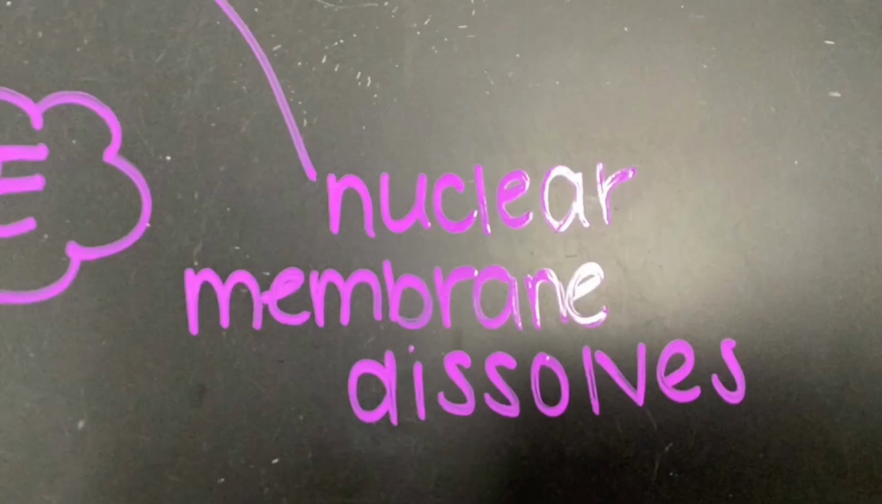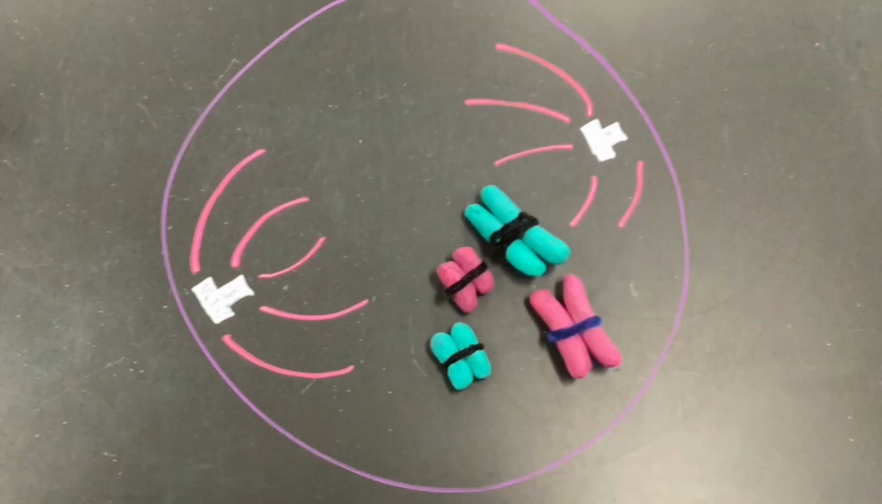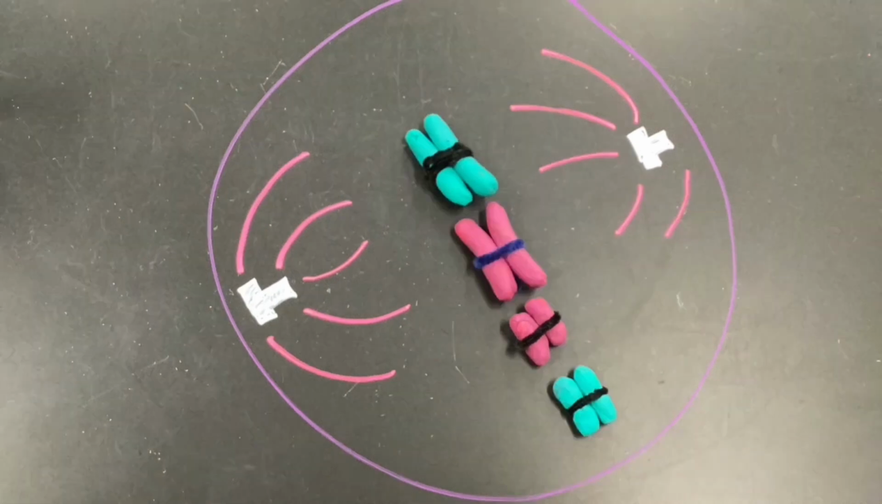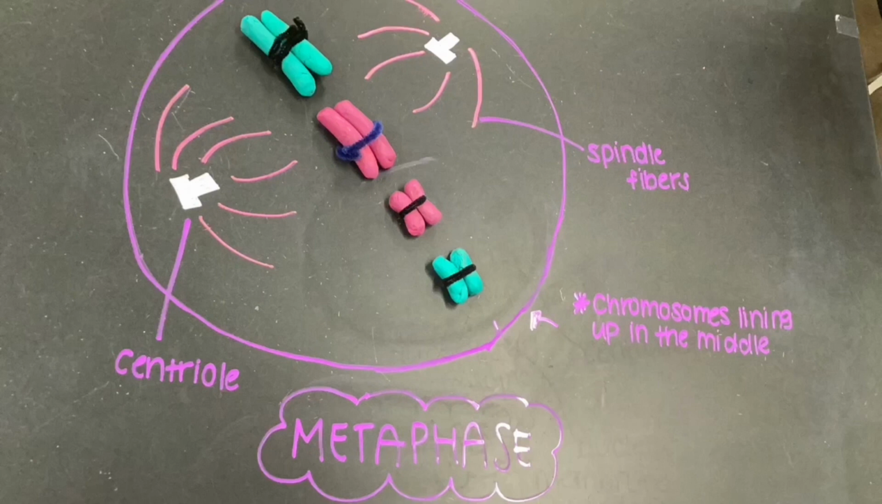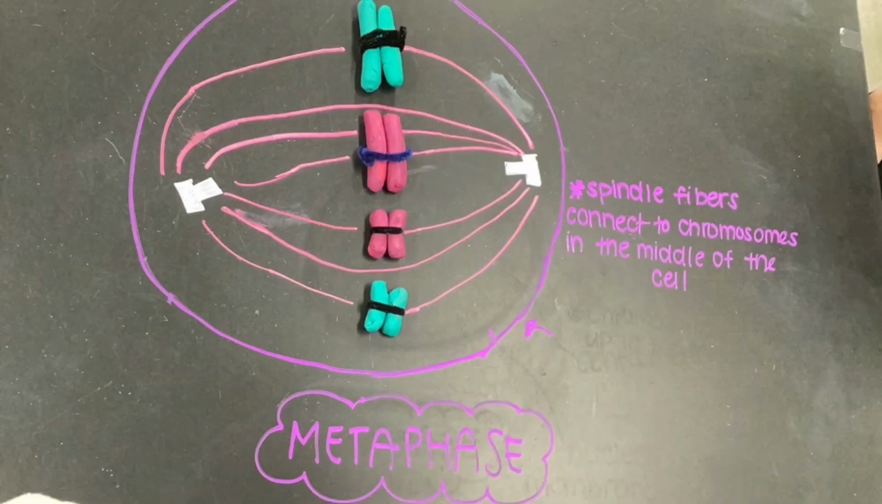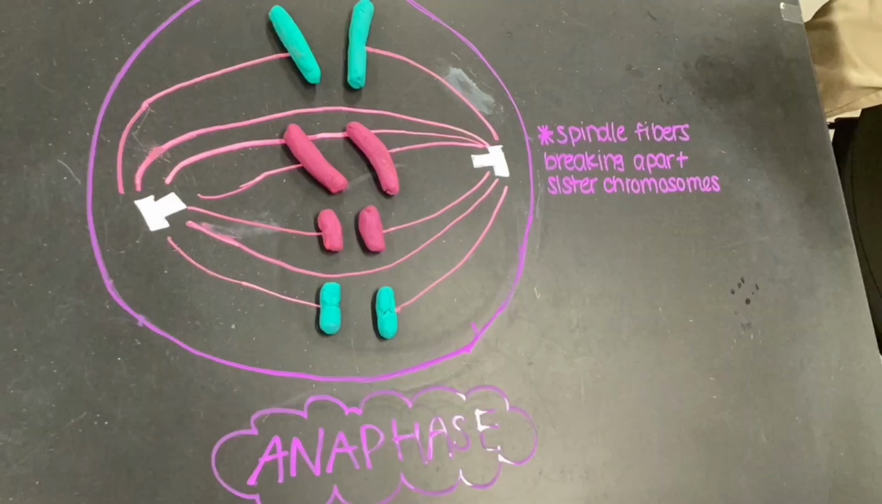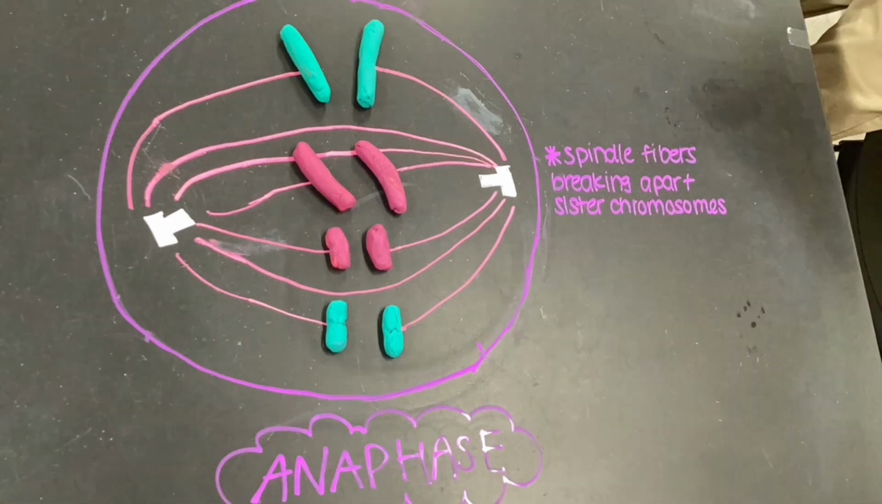After the nuclear membrane dissolves, we move into metaphase, where the sister chromatids line up in the middle of the cell and between the 2 centrioles. As metaphase continues, the spindle fibers grow longer and connect to the centromeres of the sister chromatids. After the spindle fibers attach, we move into